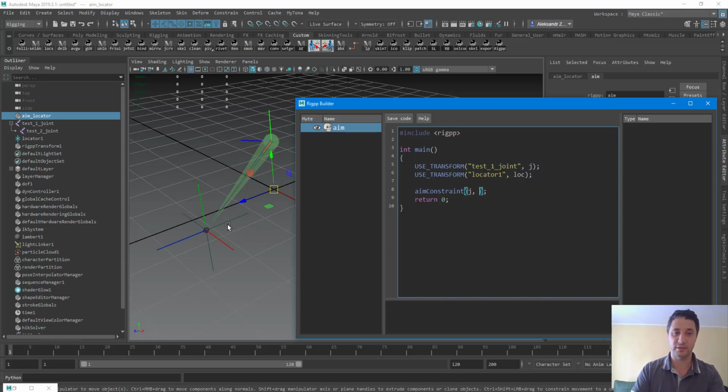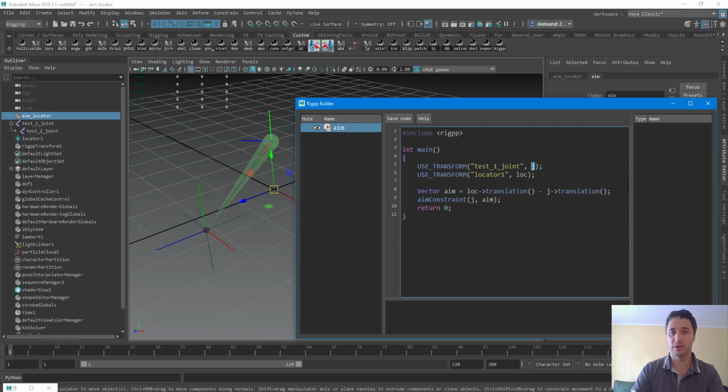Aim vector is locator 1. Let's write it: aim, and up by default is the y-axis. Let it free. Aim is the vector aim, like locator translation minus joint translation. All these handles are really pointers, shared pointers. And that's done. Press save code,